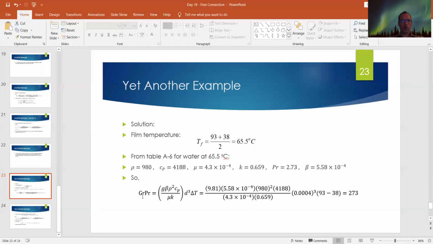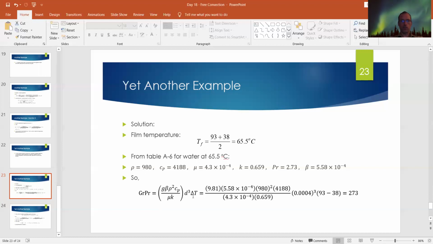And then I can find my Rayleigh number, Gr times Pr. There's actually a secondary way to calculate it. So we had one equation for Gr previously. This combination, Gr Pr, which is the Rayleigh number, can also be found using this equation. So g times beta, density squared, heat capacity over viscosity, thermal conductivity, length, in this case diameter, cubed, and